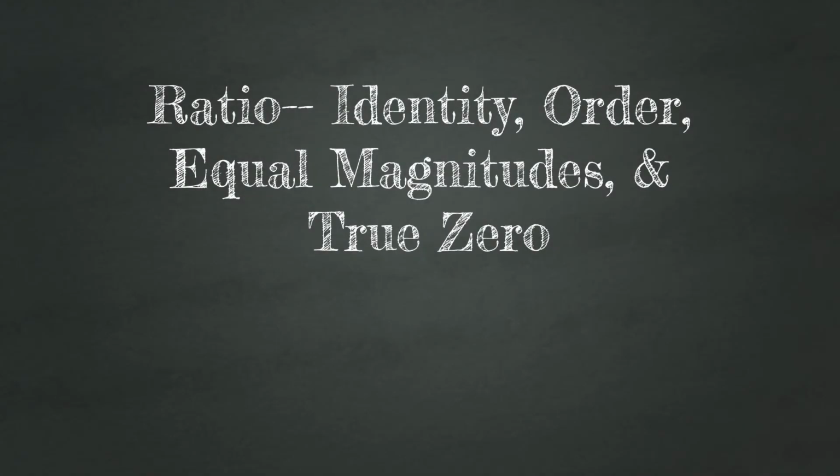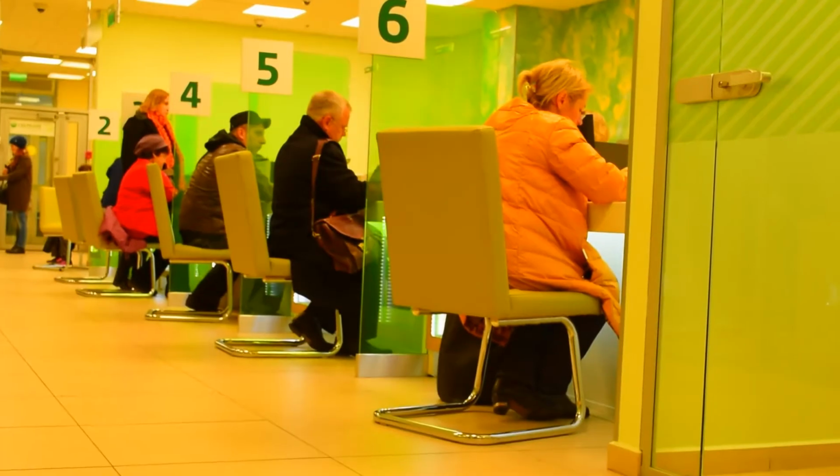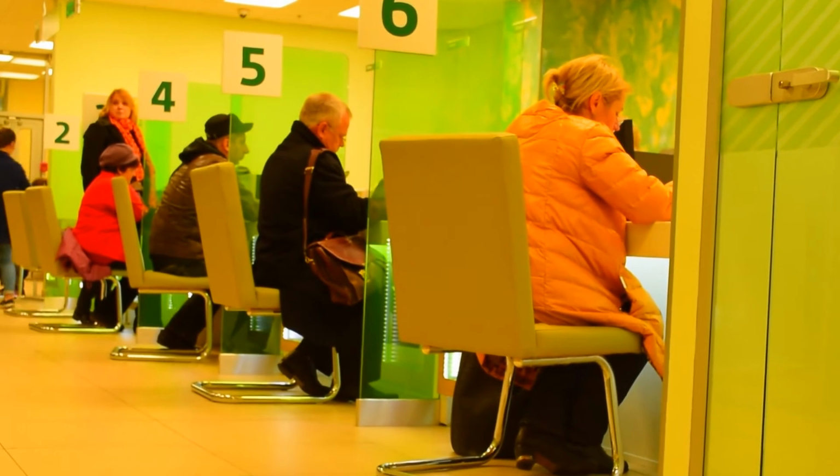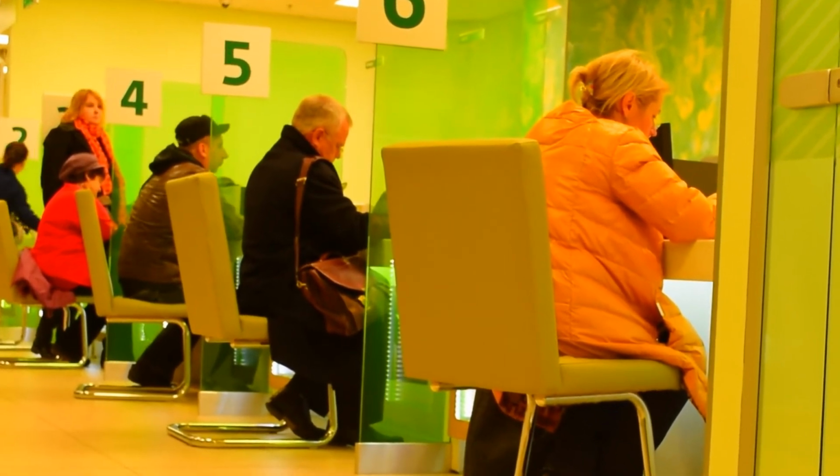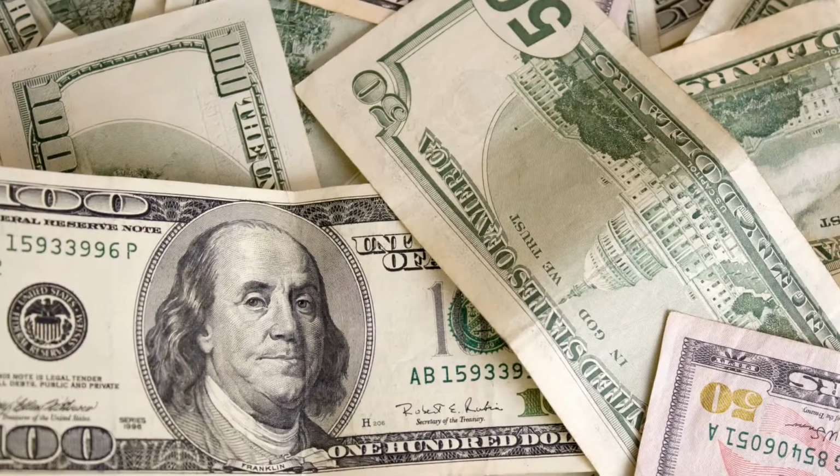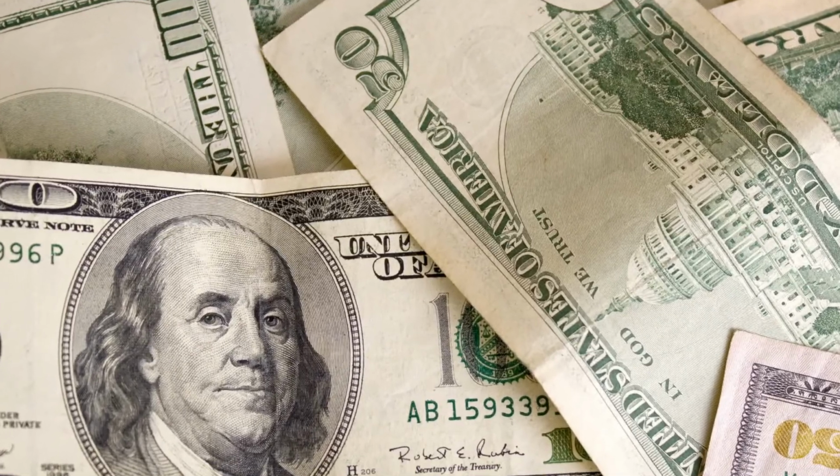Variables with the property of identity, order, equal magnitudes, and a true zero are referred to as ratio. So let's consider an example: the amount of money in my bank account. We can say that the amount of money an individual has in the bank has the following properties: identity, because